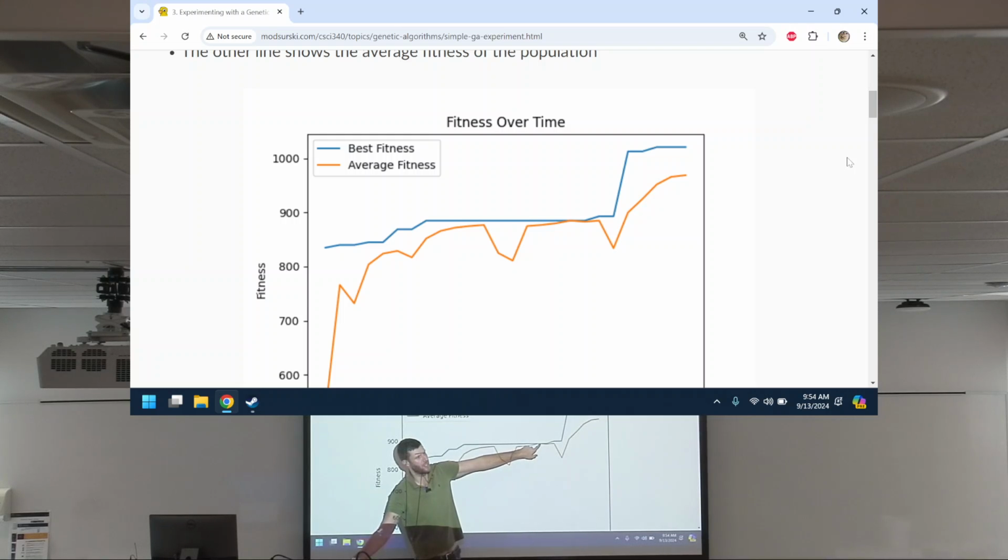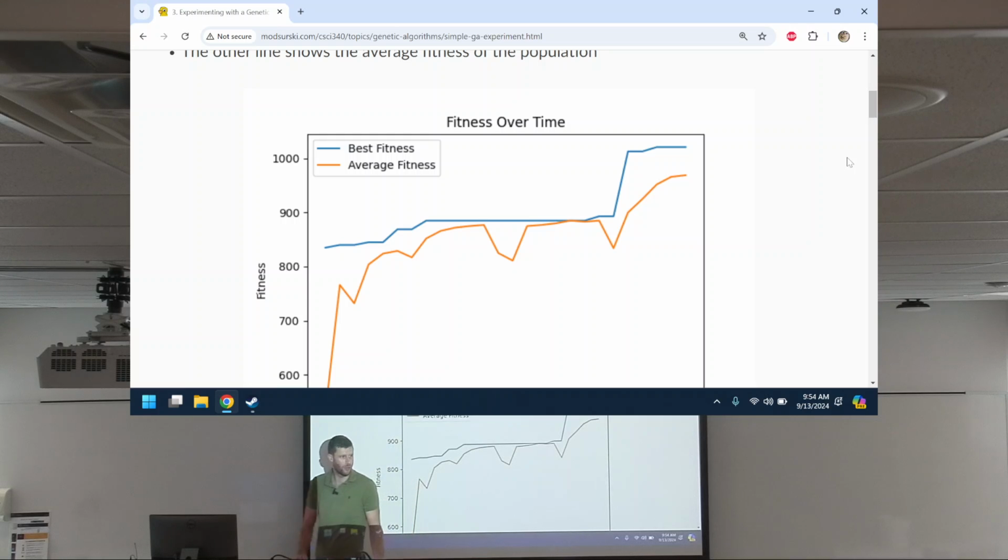And when you have a population that's converged, we have no diversity. Crossover won't do anything. We're relying strictly on mutation at that point. So a bigger population could help mitigate early convergence. So that's a good thing. But if we make it too big, we might make it very difficult to exploit what we know is good.